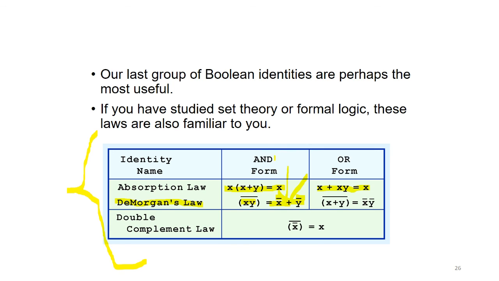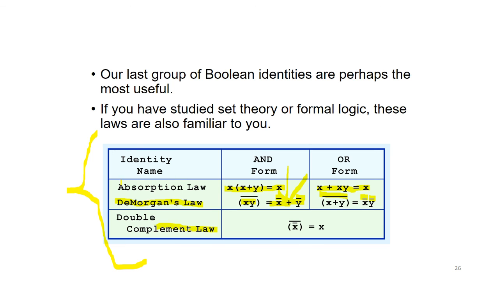X plus y, on top of this one we have a bar. So this bar, these two digits get separated, x and y. This bar comes on top of each digit, and as we had plus in between, the plus becomes dot, multiplication. In this manner you can remember this thing.